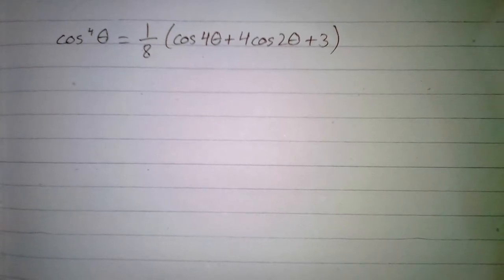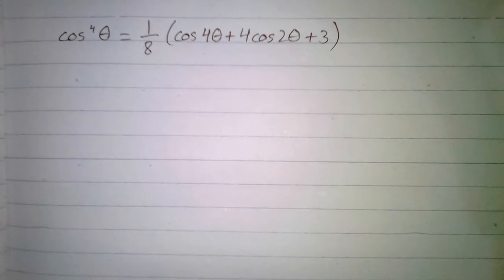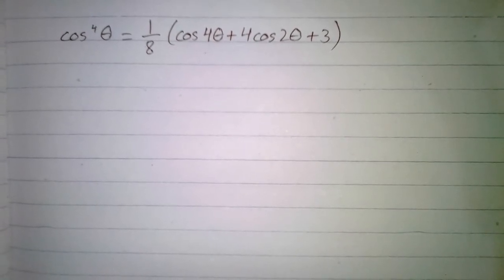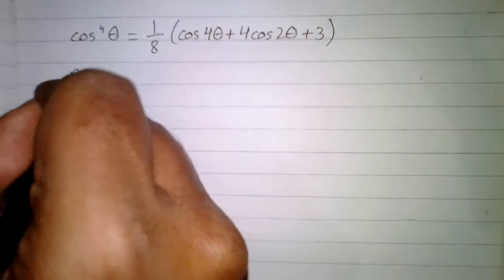In this video we will prove that cos^4 theta is equal to 1 upon 8 times (cos 4 theta plus 4 cos 2 theta plus 3). So in order to prove this identity,